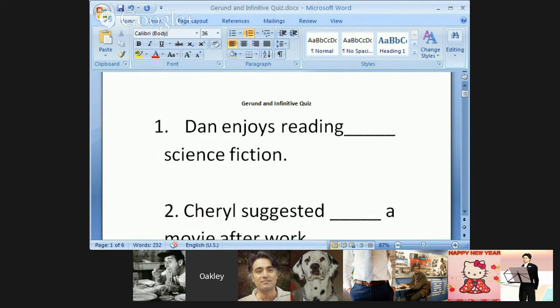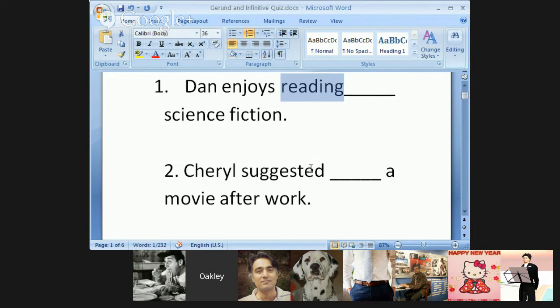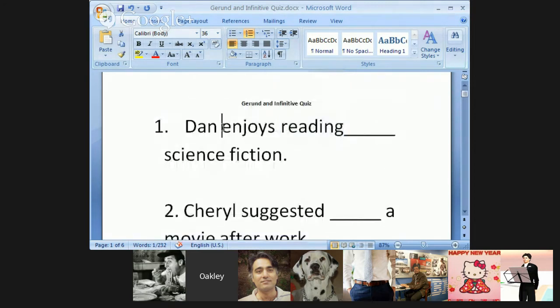Natural? No. I enjoy to dance. No. I enjoy to swim. No. I enjoy swimming. I enjoy dancing. I enjoy reading. I enjoy to complain. Right? No, you enjoy complaining. So it all hinges on the main verb.